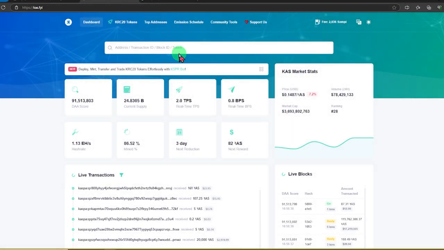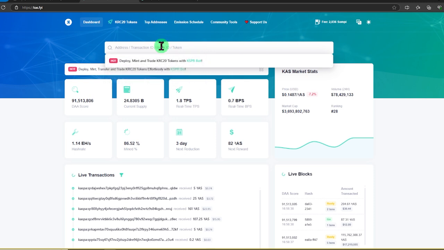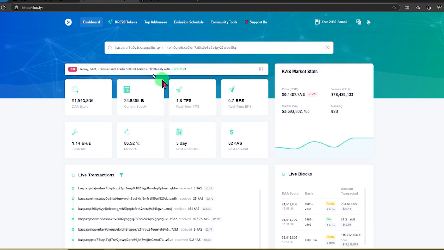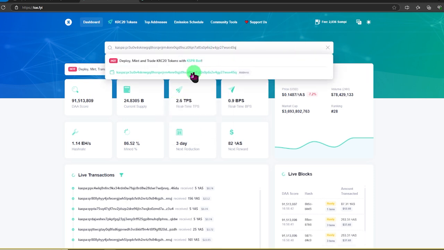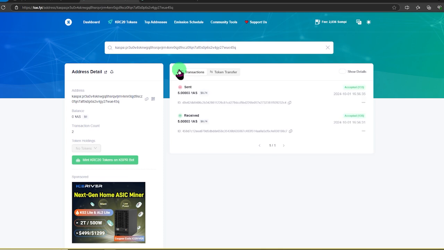Cas.fyi. Basically right here you can type in or paste a wallet address of your choice of Kaspa. You can click on it, and as you can see, this wallet does not hold anything. You can see the address on the top left-hand screen, the balance, how many transactions, token transfers, pretty much